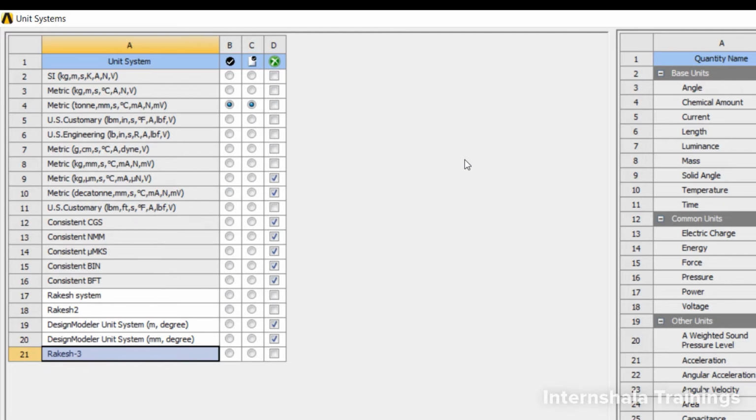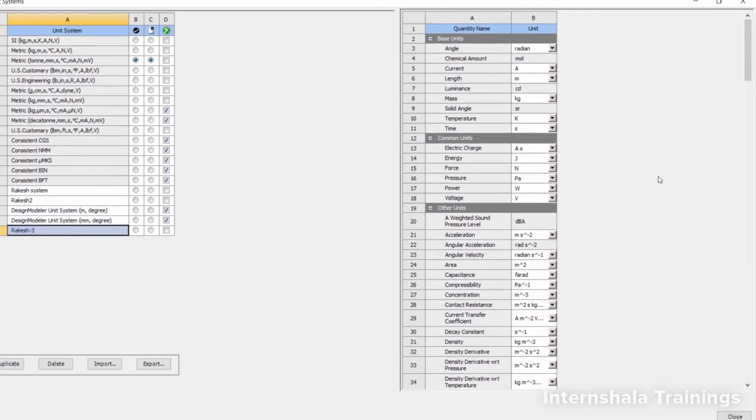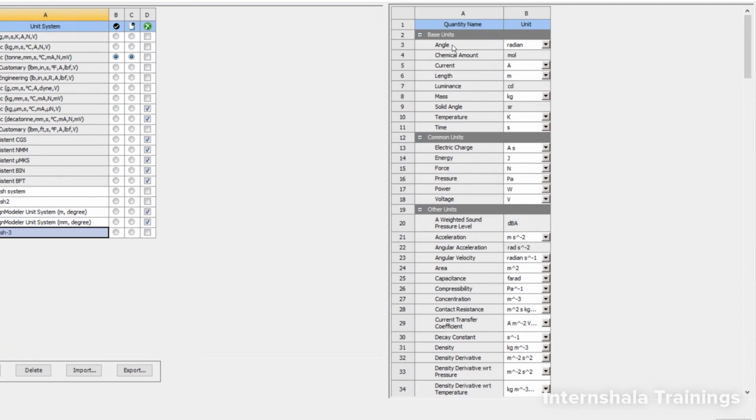Once I finish naming my own custom unit system, I come back into this part of the window where I can see the type of quantity being measured and the unit corresponding to my unit system. For example, if I use the unit system here, the angle will be measured in radians, but I don't want it to be measured in radians.